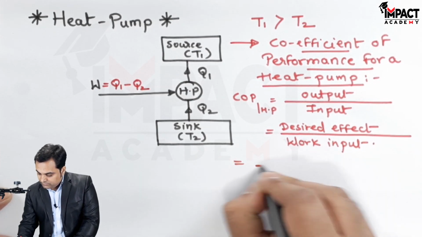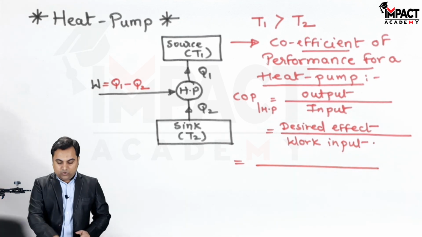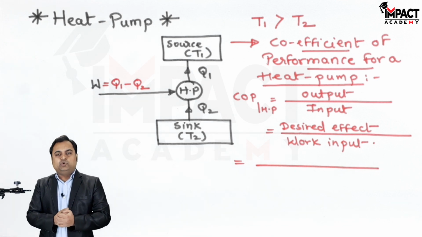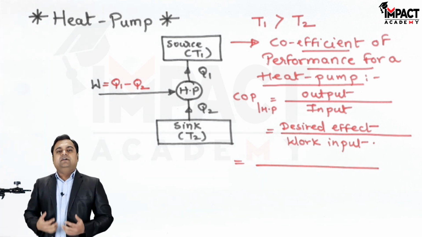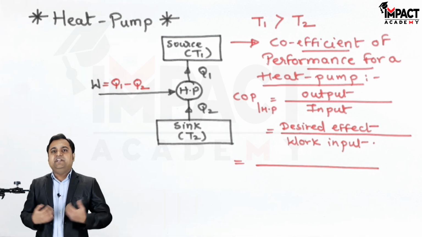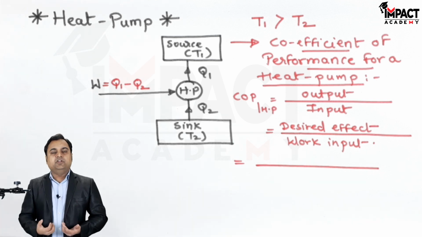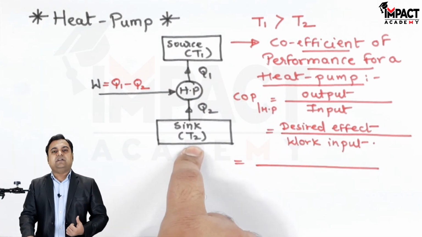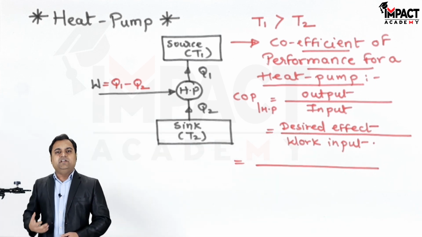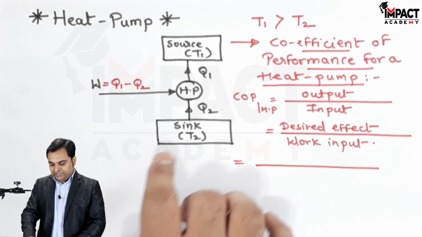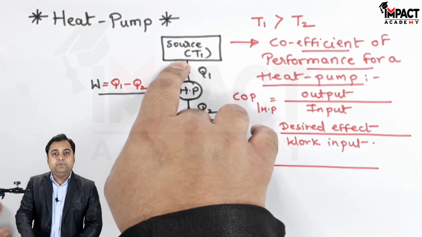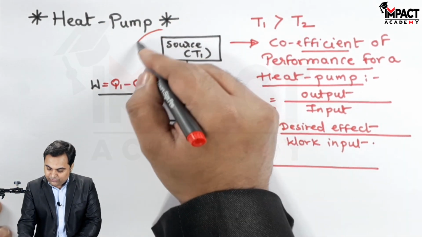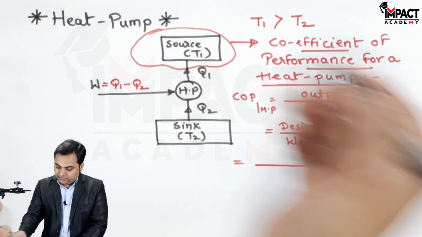Then the desired effect is, when we are using a heat pump, it is delivering the heat to the high temperature source, and a heat pump can also be said to be like a room heater which heats the room. So whenever we are heating the room, we are in the source, that is at high temperature, whereas the external conditions are at low temperature. Like in winter when we are using the heater, the outside condition would indicate the sink, whereas the room condition would be the source because the heater is there inside the room. So here we are going to experience the desired effect.